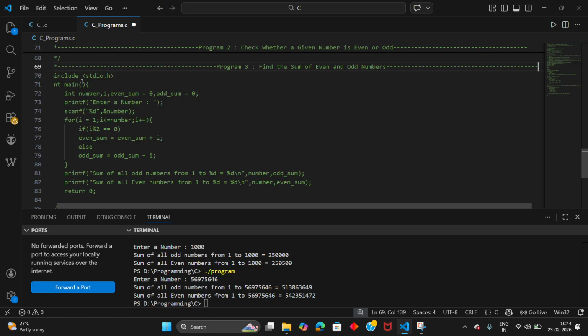And also in that iteration process, it is going to check whether each number is divisible by 2 or not, whether it is an even number or an odd number. It is going to check according to those conditions. Both the if and else blocks will act accordingly. Okay, this is how this code works.